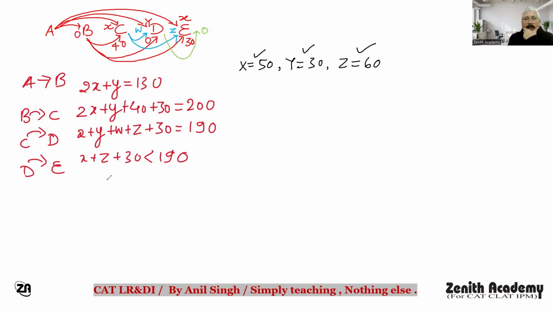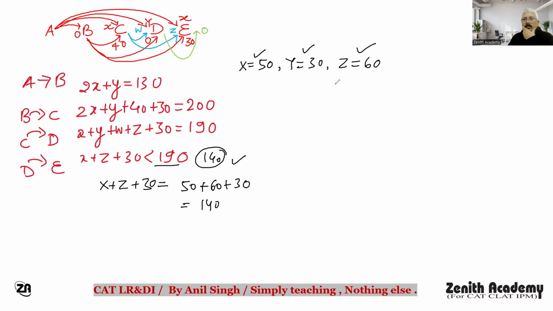So here it means x plus z plus 30 की एग्जैक्ट वैल्यू आप निकाल सकते हैं। x is 50, z है 60 प्लस 30, तो it is 140। तो जो less than 190 था, yes it is 140, less than 190, तो बिटवीन D to E occupancy क्लियर हो गई।